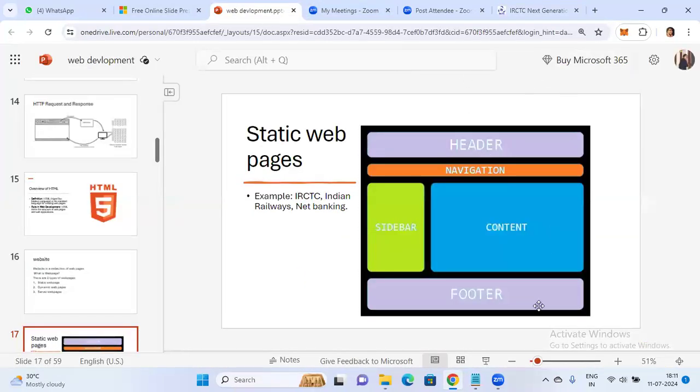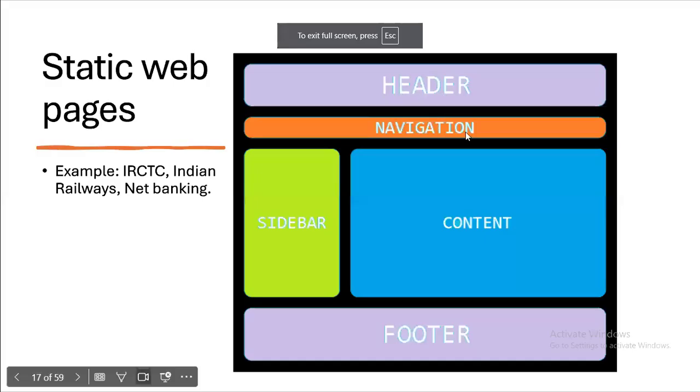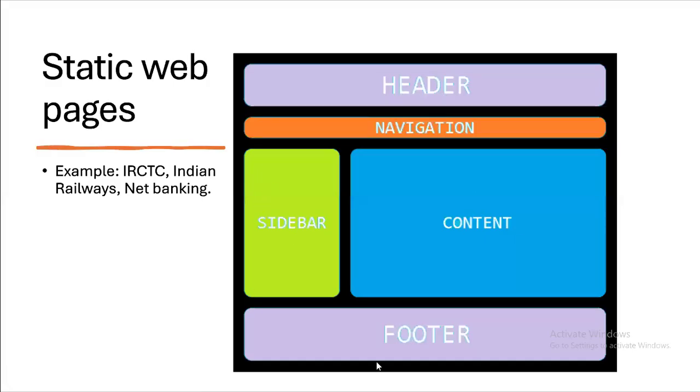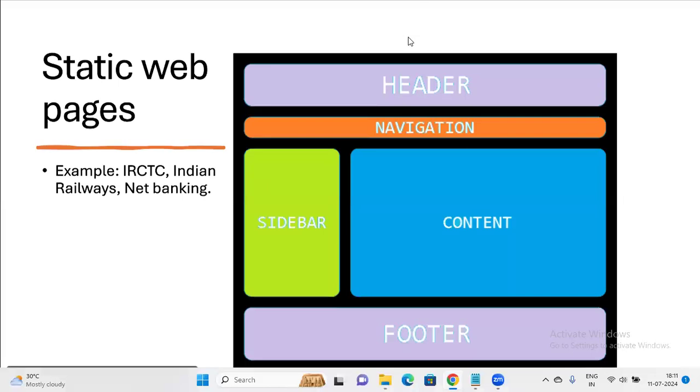So here we have a header file, navigation bar, slide bar, content, and footer bar, right? The header bar has all the header content, and in the navigation bar, whatever menus are there are available in the navigation bar and slider bar. So you have seen this example. The same header file, navigation bar, slide bar, content and footer bar.